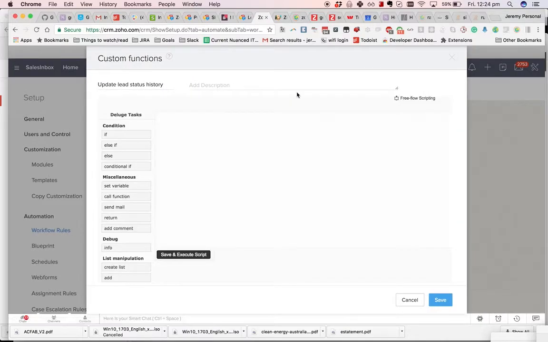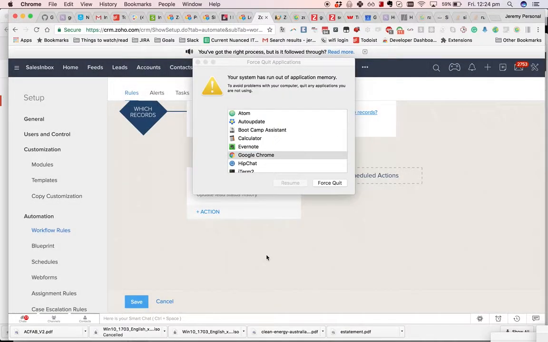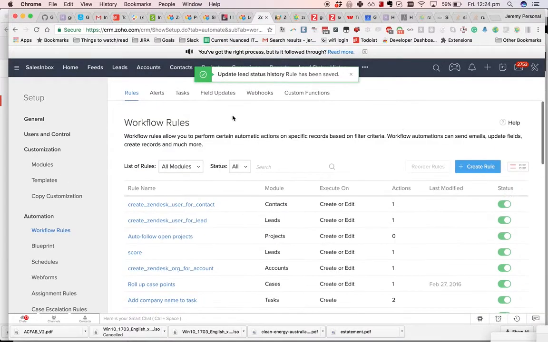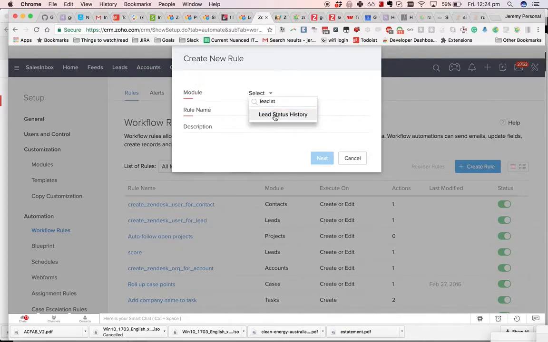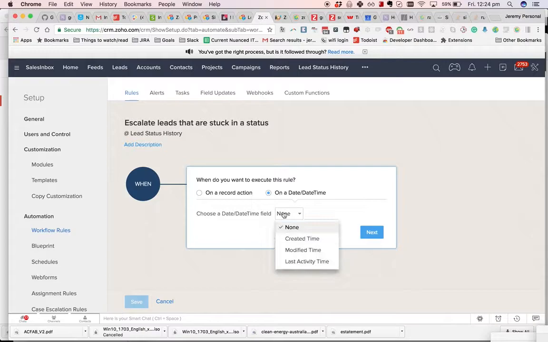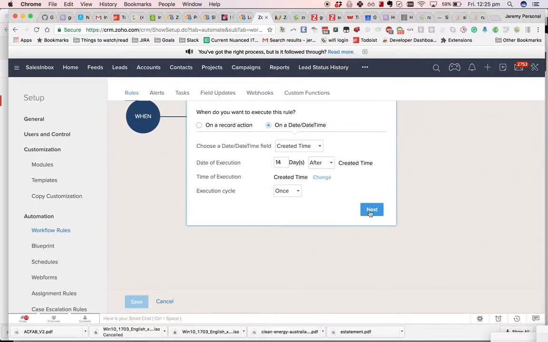Next, we need another workflow. This workflow is going to be triggered when it is 14 days after the creation date. So what we'll do on a date time, 14 days after created time,